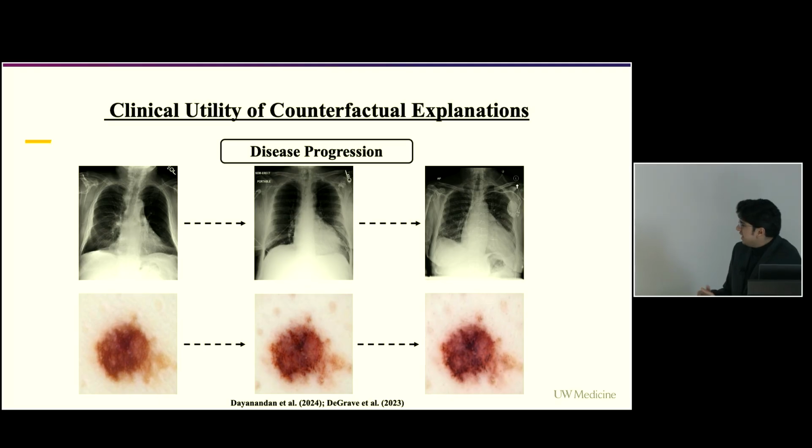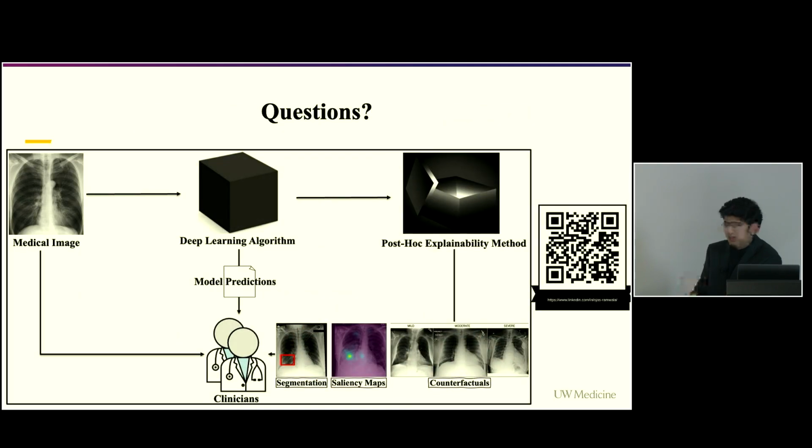So these are some of the ideas that I found interesting in the field of explainable AI. These are not my ideas, but just some very interesting concepts that can be leveraged to advance the clinical integration of deep learning models into real-world clinical settings. And with that, I'd like to be open for questions, conversations. Thank you.